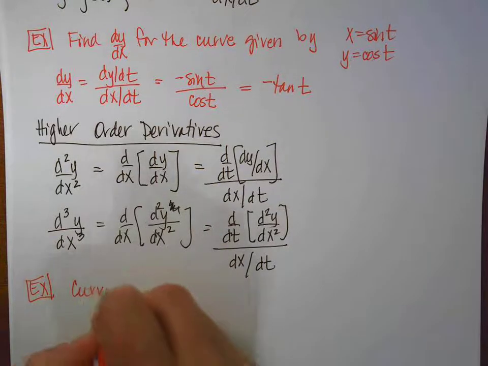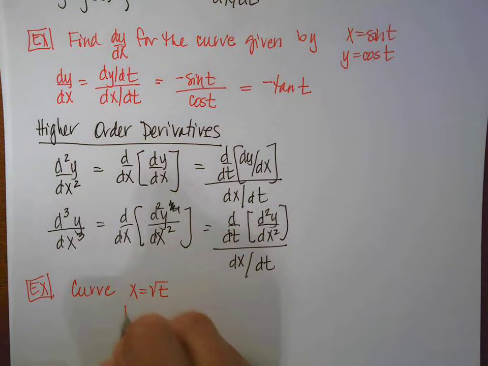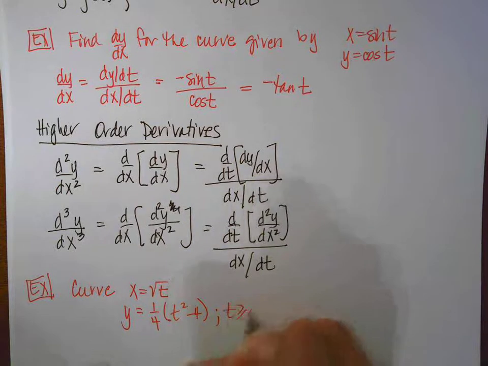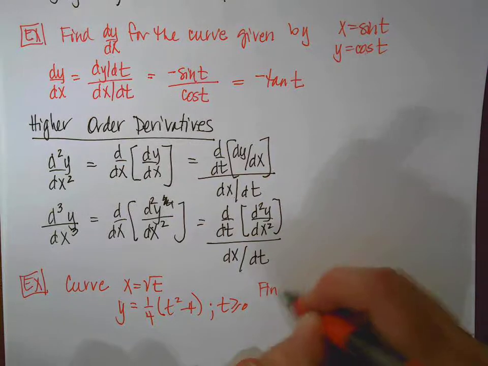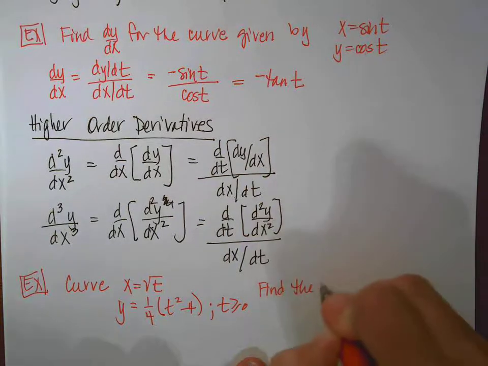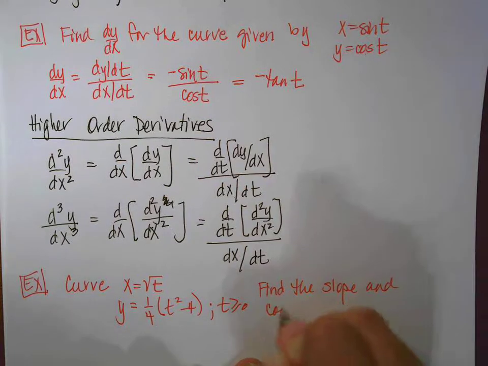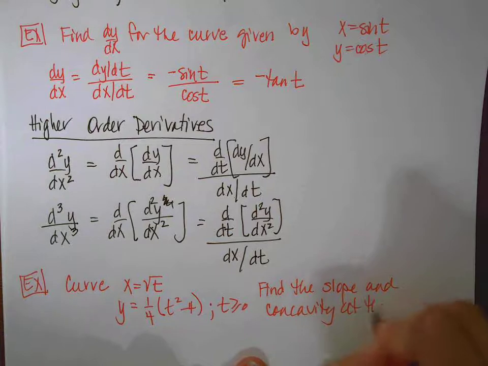Okay, so we're going to have a curve, and it's going to be x is equal to the square root of t, and y is going to equal 1/4 t squared minus 4, and t is going to be greater than or equal to 0. And I want to find the slope and concavity at the point